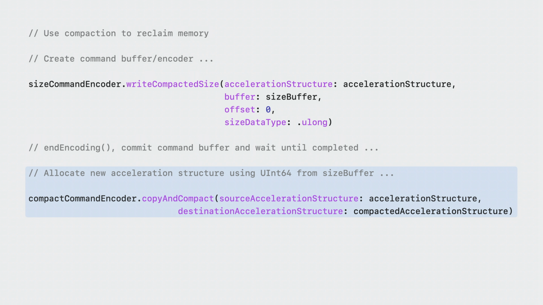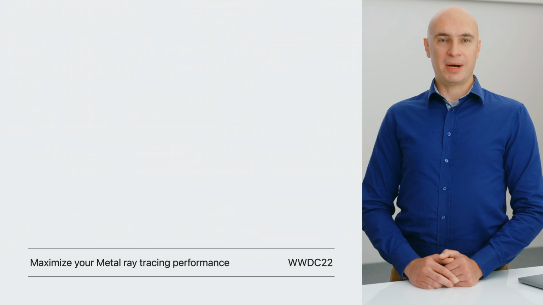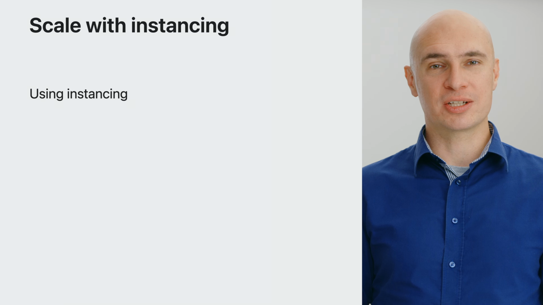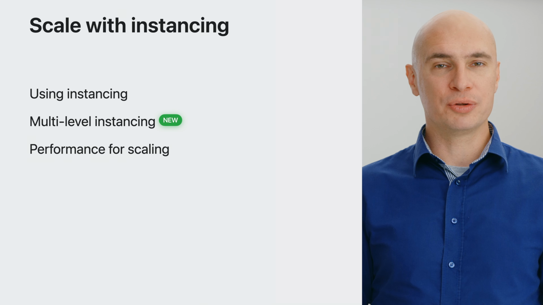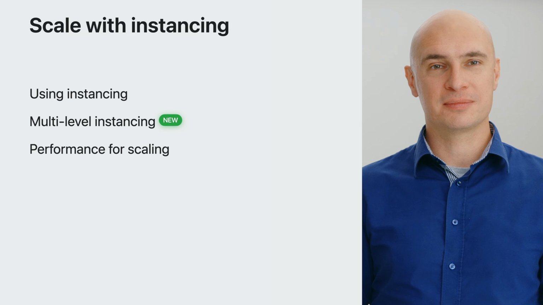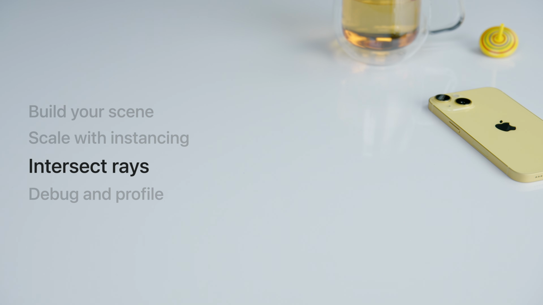After this command buffer has completed, you can release the original acceleration structure. To learn more about optimizing your Metal ray tracing apps, check out the 2022 Maximizing Your Metal Ray Tracing Performance session. In this section, I have discussed how to set up instancing, leverage the new multi-level instancing feature, and handle instancing at scale. Now it's time to intersect rays with the scene.